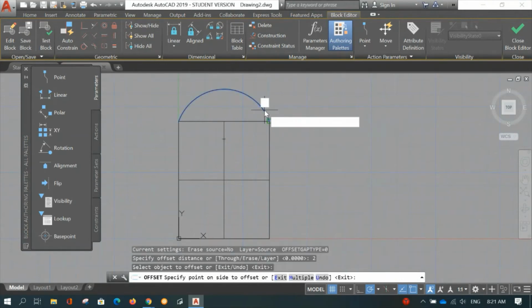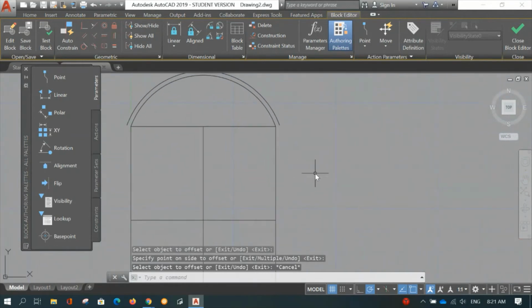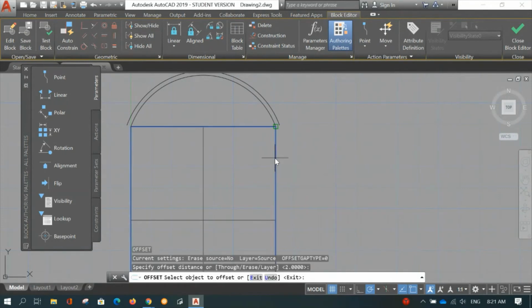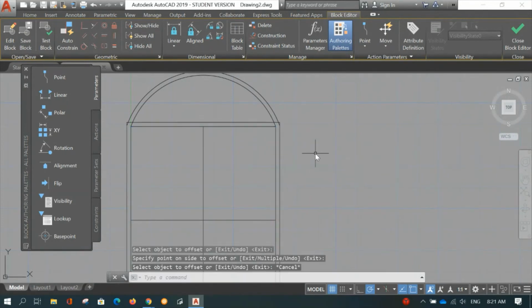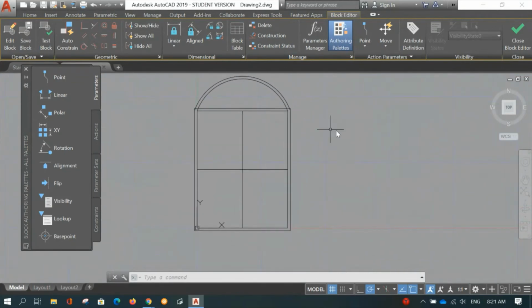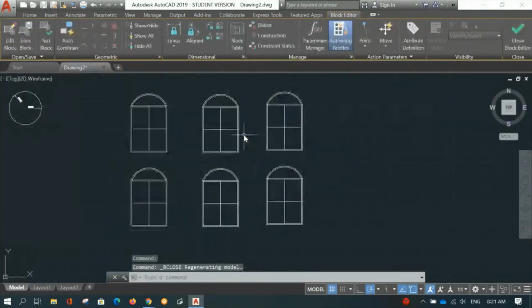Let me show you how much 2 is. Okay, and then you have this. You can close the block editor,